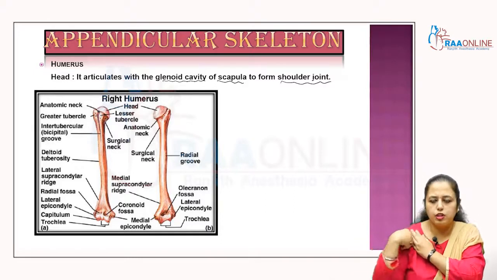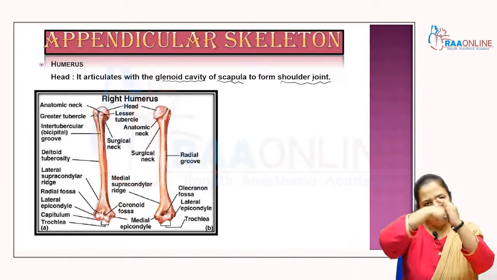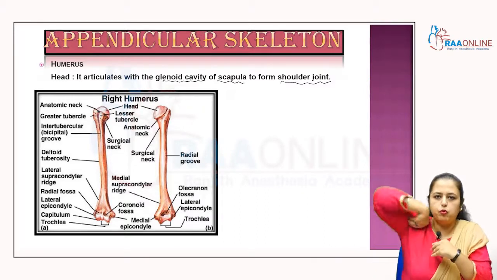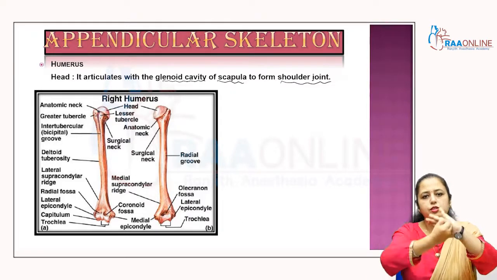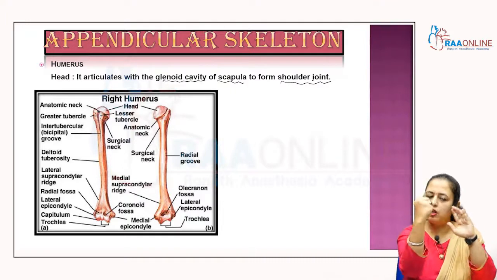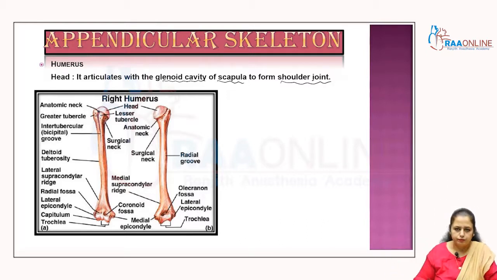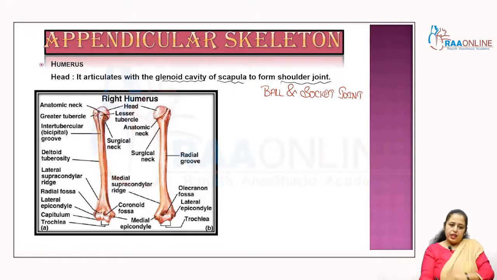And that shoulder joint, right, is the type of ball and socket joint. Why? Because the joint moves like that within a 360-degree angle, right? The whole joint moves like that. That's why this kind of movement is known as the ball and socket joint. The ball articulates with the socket and moves like that, clear? So it makes a ball and socket joint, right? Here is the deltoid tuberosity, right? The deltoid is the muscle of the shoulder which passes, and